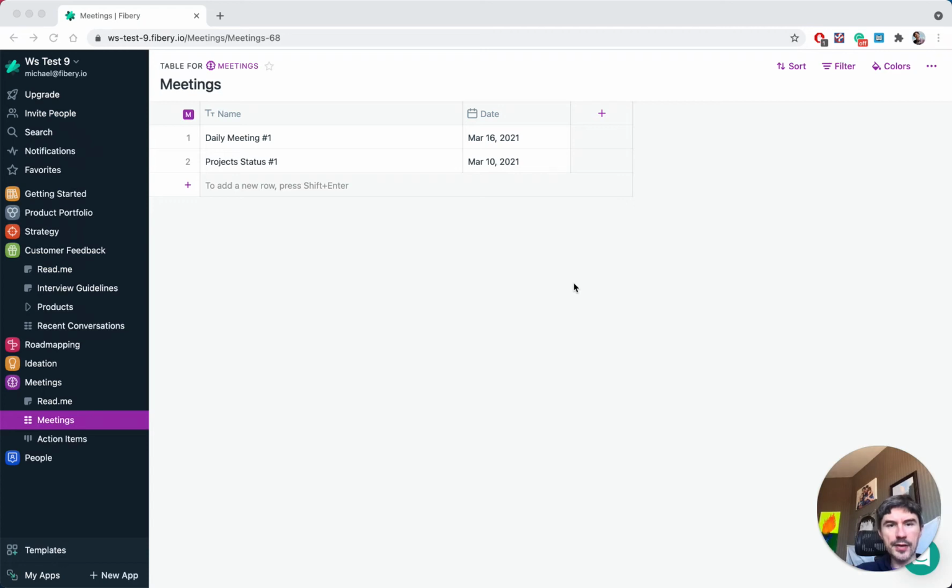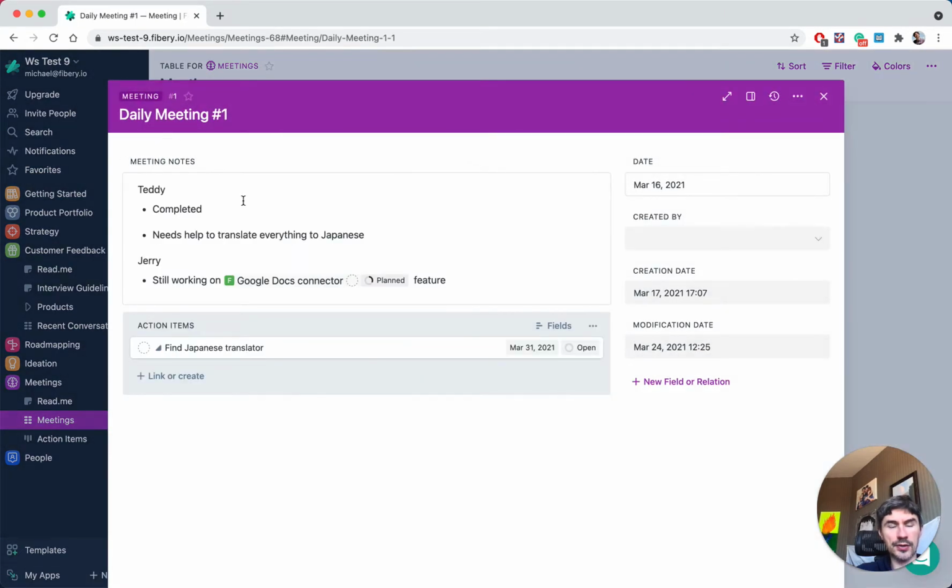Bidirectional links is a really powerful concept to connect information together. I'll show you two cases, like meeting tracking and feedback management. Let's say you track your meetings in Firebird, so you have daily meetings, project status meetings, and just like trace